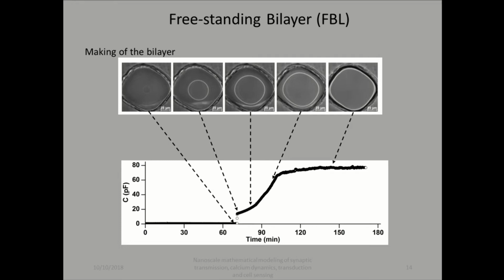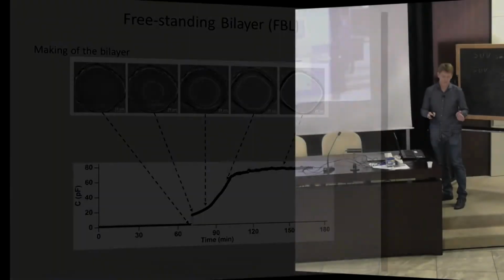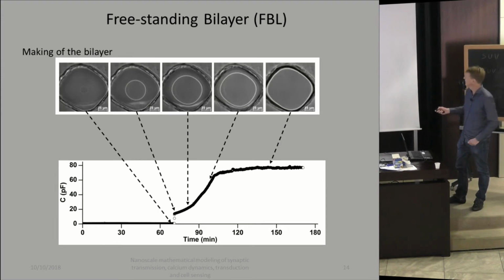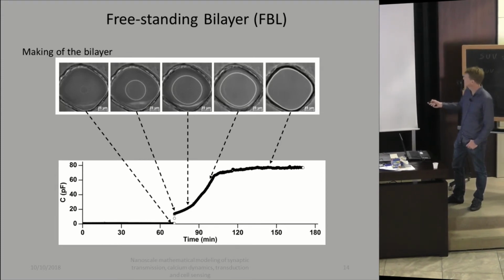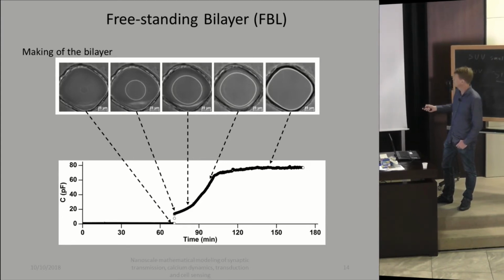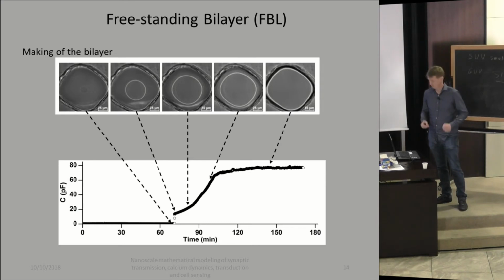And then there's a jump, and all of a sudden there's a circle, a disk that appears like this, and that spreads. And actually this disk is a bilayer. I'll tell you why there's a bilayer afterwards, but this is a bilayer. And it increases in size until it reaches the whole dimension of the hole. And typically it's stable like this for an hour, 2 hours, and we can work with it.